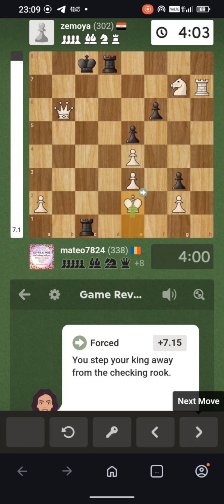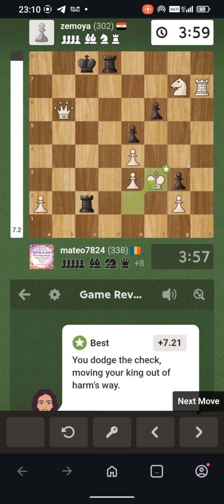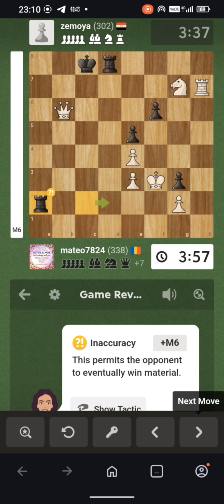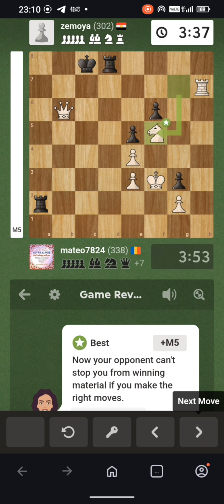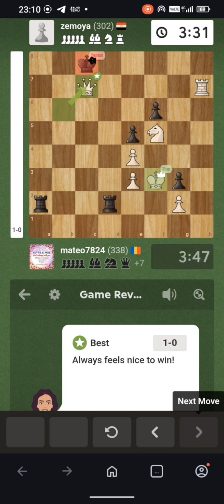You step your king away from the checking rook. One of the best moves. You dodge the check, moving your king out of harm's way. This permits the opponent to eventually win material. Now your opponent can't stop you from winning material if you make the right moves. This allows the opponent to checkmate the king. Always feels nice to win,